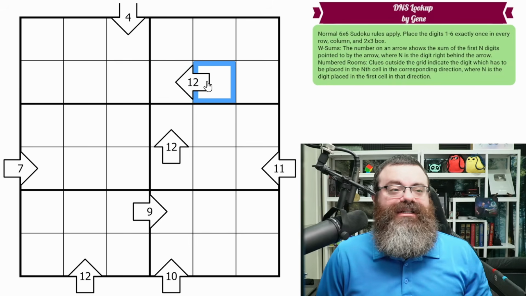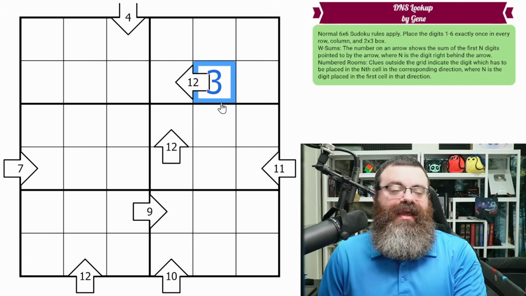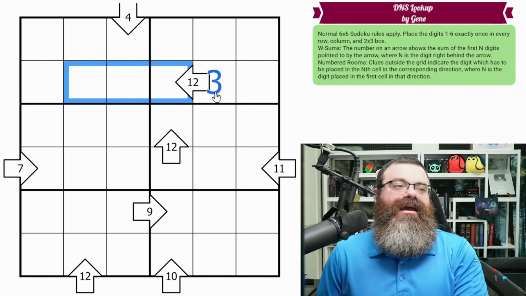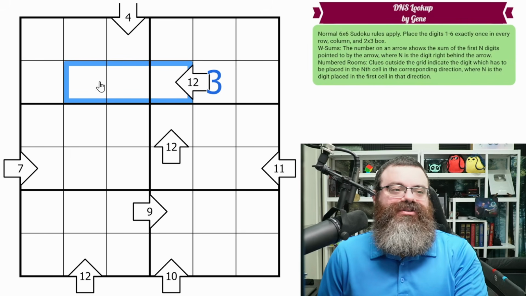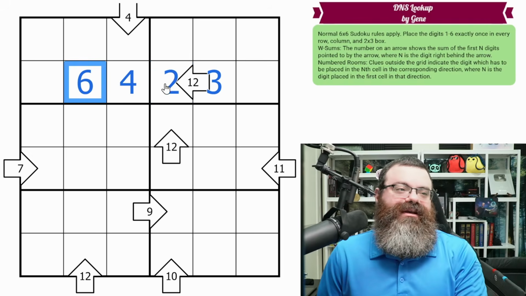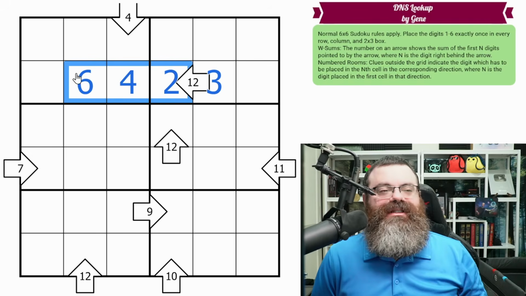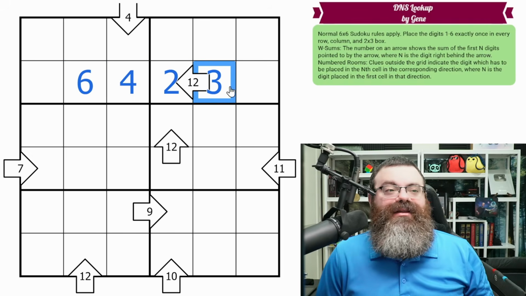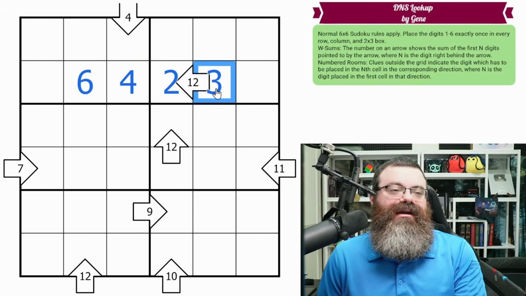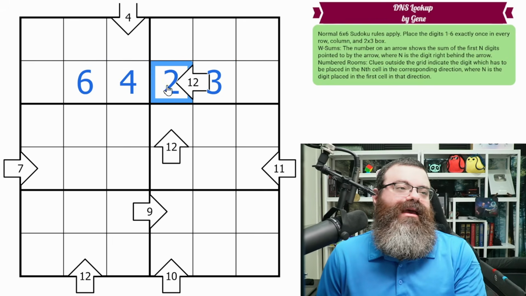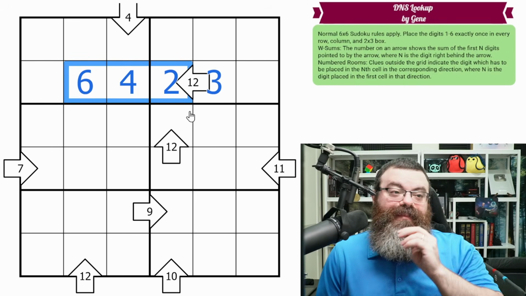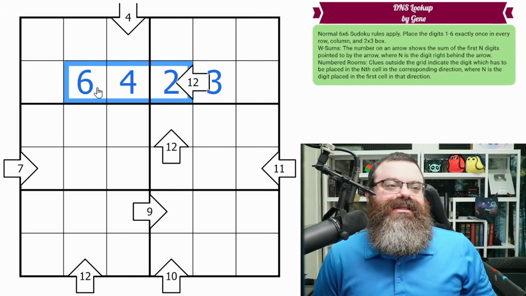Well, whatever this digit happens to be, say this was a 3, then we would count 3 cells here, 1, 2, 3. And that's how many cells we would use to try to sum to 12. So maybe 2, 4, 6. Right, 2 plus 4 plus 6, that is 12. And this 3 is telling us to use 3 digits starting from that arrow. So the base of the arrow is the digit that tells you the count. And then starting from the head of the arrow, we use that count of cells to sum to the clue